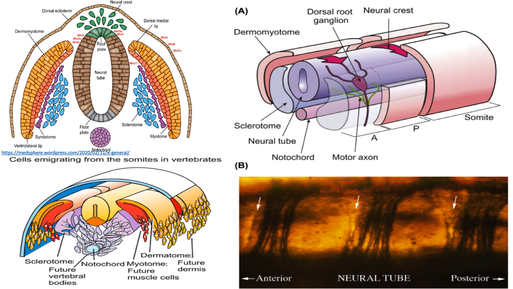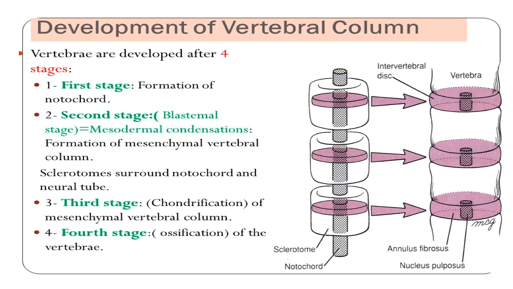And it's important because it gives rise to a particular interesting landmark. So we said that this sclerotome gives rise to the vertebral bones. We're going to start talking about the ones that encircle the neural tube and notochord, immediately giving rise to